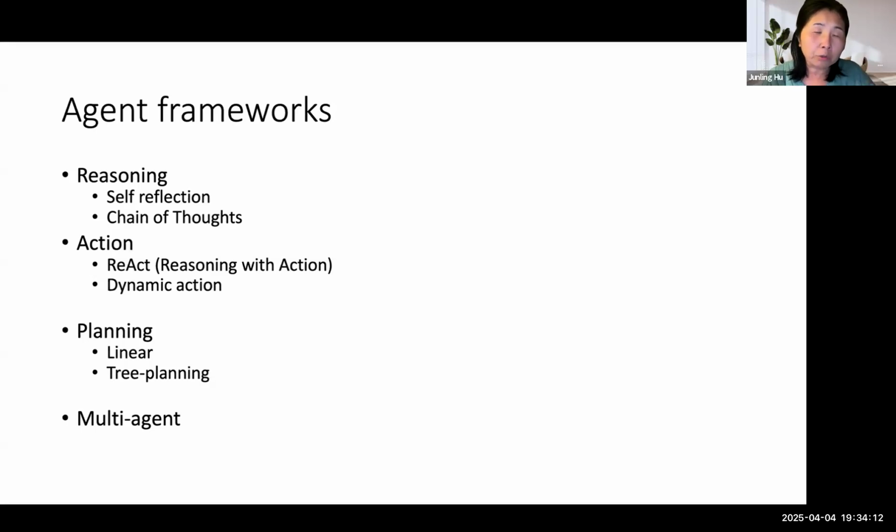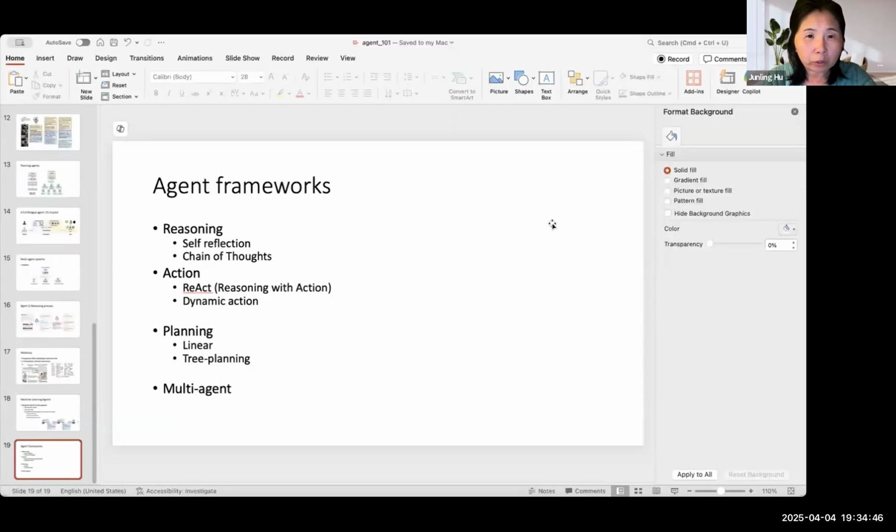Basically, ask the agent to reason, take action, then think step by step and take another action. So you can give the so-called ReAct prompt to the agent for them to reason about. And we talked about planning. We also talked about multi-agent interaction. So that is the high-level framework overview about the agent.